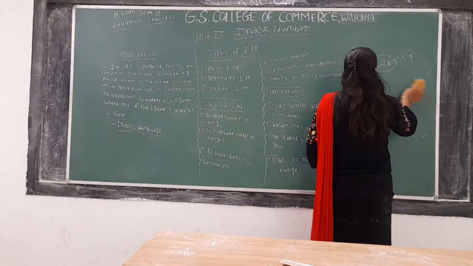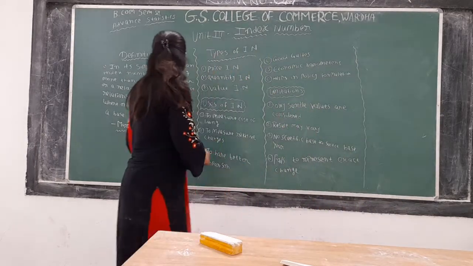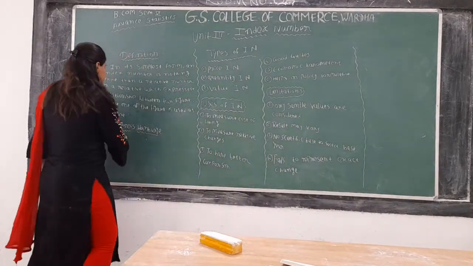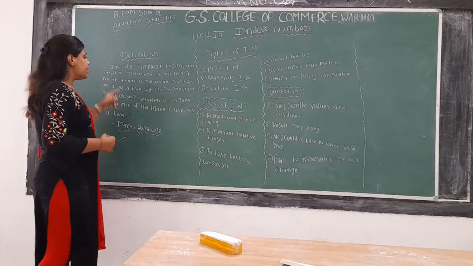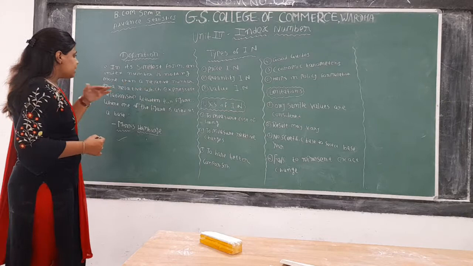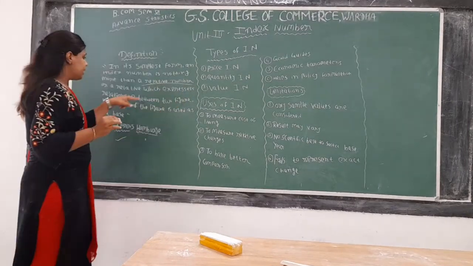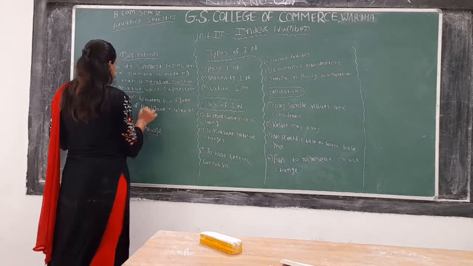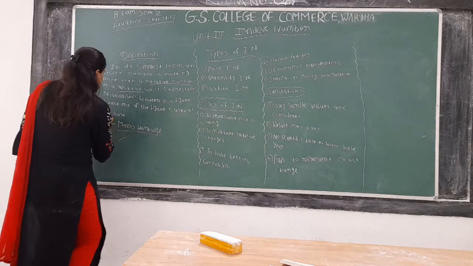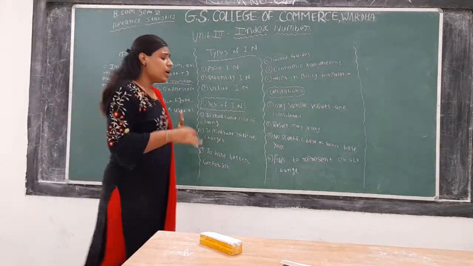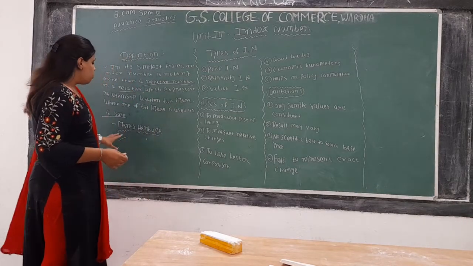Now we are going to deal with the definition of index number given by Morris Hamburg. Let's see what he says about index number. He says, in its simplest form, an index number is nothing more than a relative number or a relative measure which expresses the relationship between two figures where one of the figures is used as a base. So again the same thing is being said in the definition of Morris Hamburg.